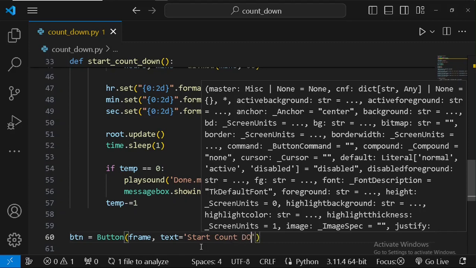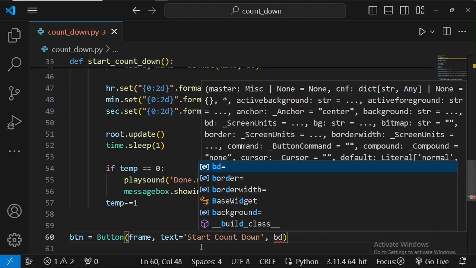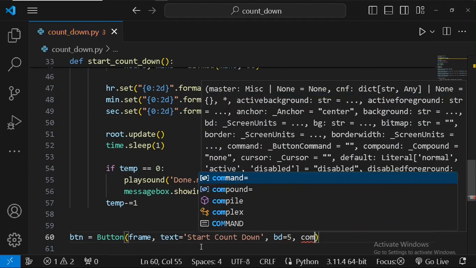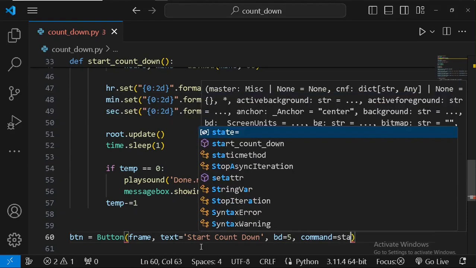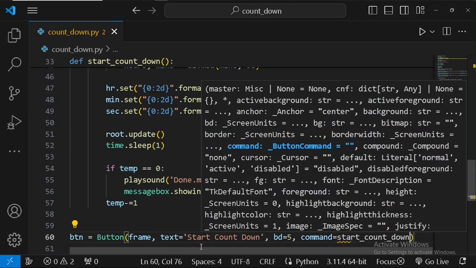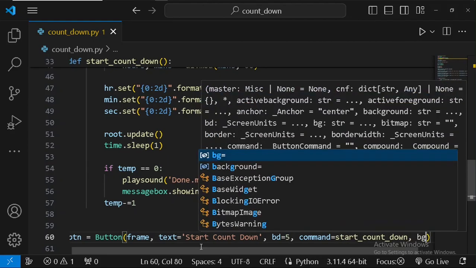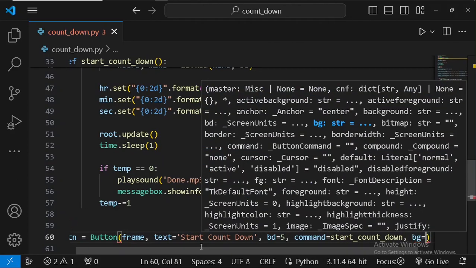So we set the text, and let's have the border width set to 5, and our command now as start_countdown. Then I want to have the background color, so let's have the bg set to